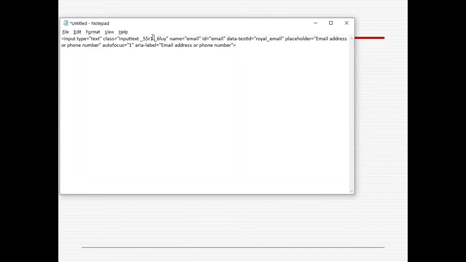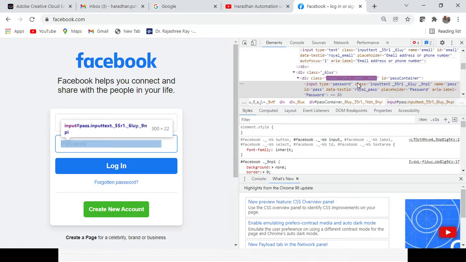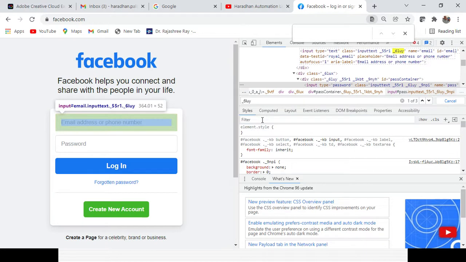Okay, but here the class name is not unique, right? That part, if you want to take that constant part where there is no space, you can see it is not unique. Just press Ctrl F and enter that class name. You could see there are 3 elements. But in case you want to inspect the first element, so definitely you will consider it. For the second and third, you will not consider. Okay, you can see, so if the class name shows 1 of 3, that means the first field, the email field, I can easily identify with the help of class name.